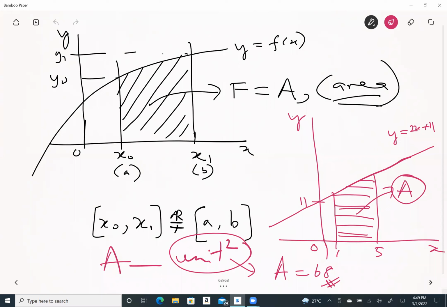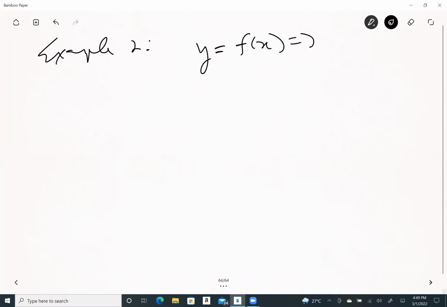I'll just give you, because time is already up, I'll just give you one question, okay? I want you to do it immediately after the class. Example 2. I give you y equal to f of x equal to x squared. Simple function. You find the definite integral, F equal to A, that means the area under the curve